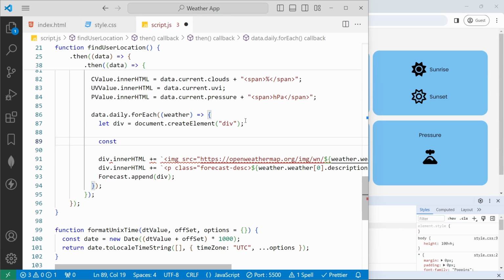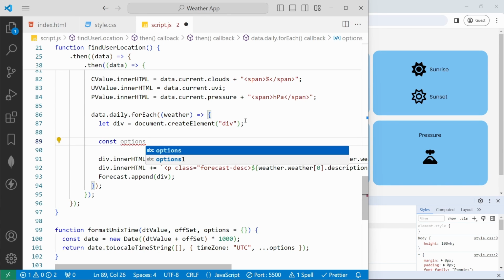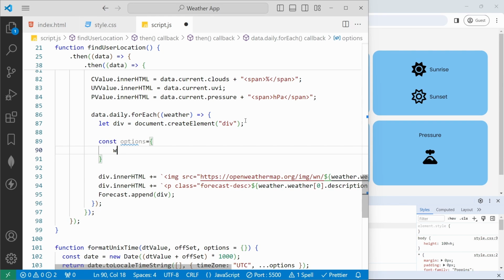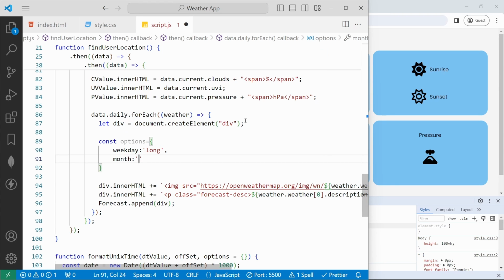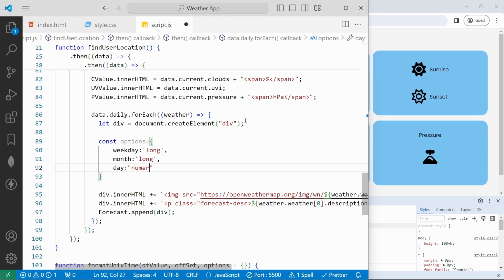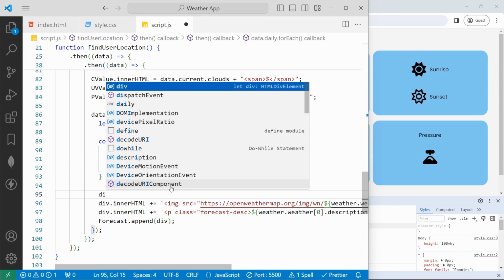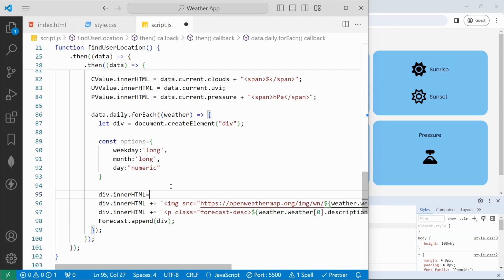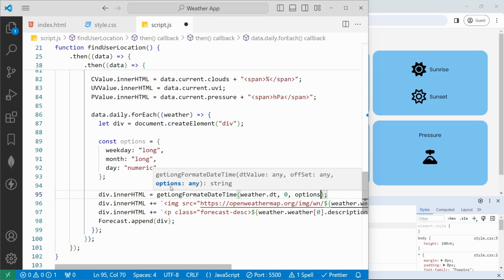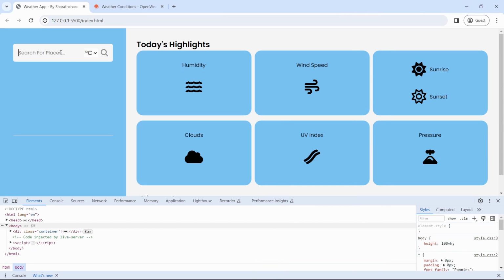Again with const options equal to object of weekday as long, and then month as long. Only we need to show weekday, month and day, year with numeric. And then we'll set the div.innerHTML equal to get long format date of weather.dt. Time zone should be 0 and then comma options. If I save, if I go to the browser, if I search for London, if I hit search,